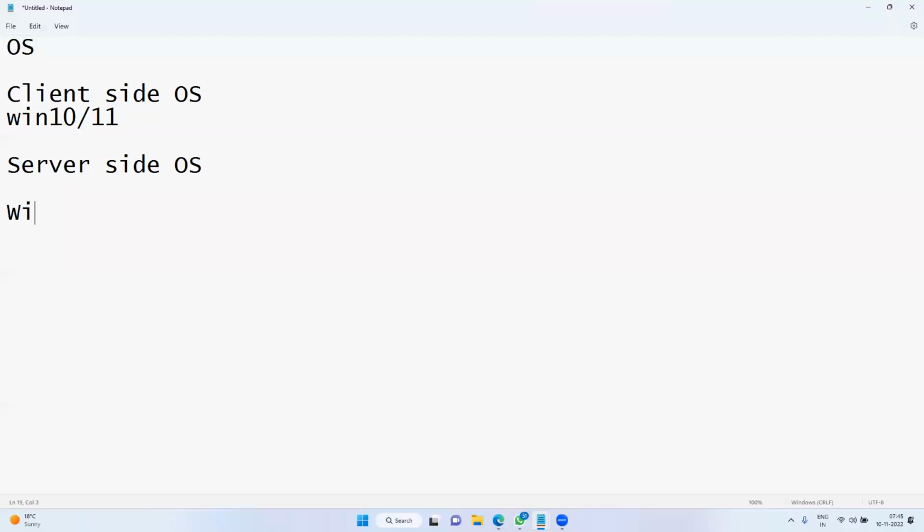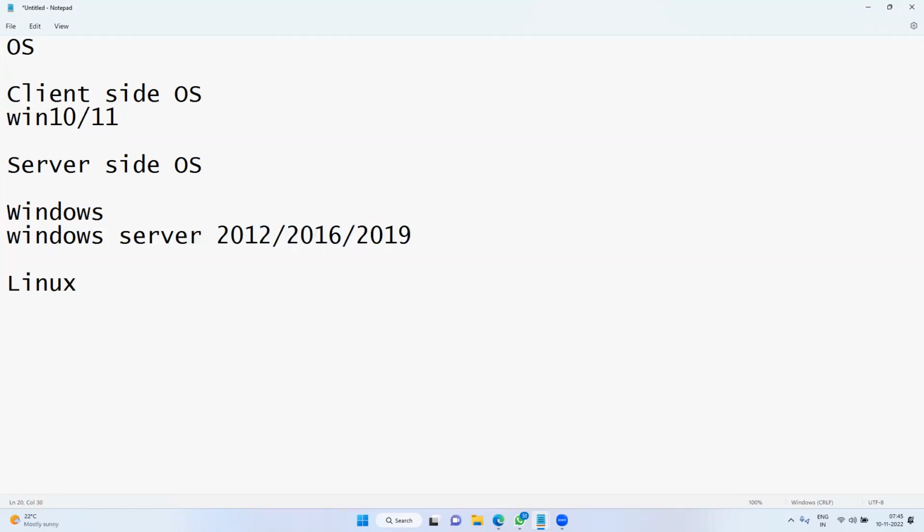One is Windows, other one is what? Linux. Okay, there are different versions of Windows. We have Windows Server 2012, next 2016, next 2019, next latest is 2022. Okay, from Microsoft and most of the products they have launched in the year of 2022. Many versions we have 2022, like SharePoint 2022, Visual Studio 2022, SQL Server 2022, Windows Server 2022, like that. Each and every maximum products they have launched with